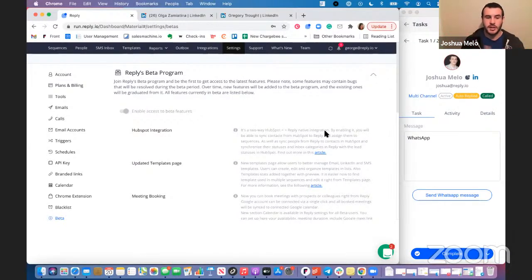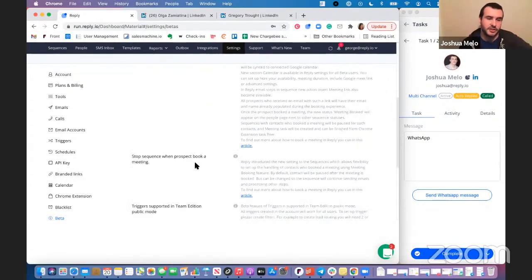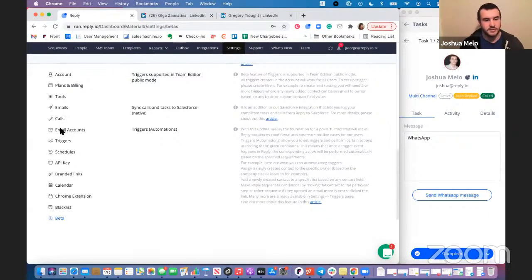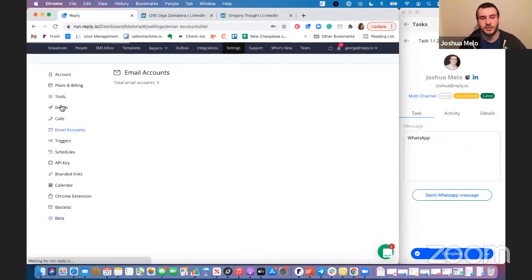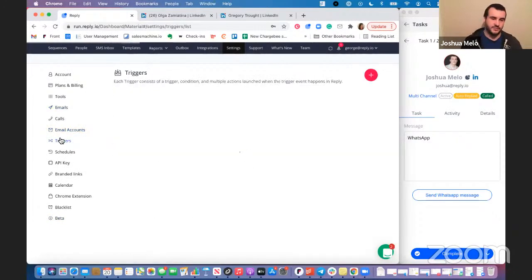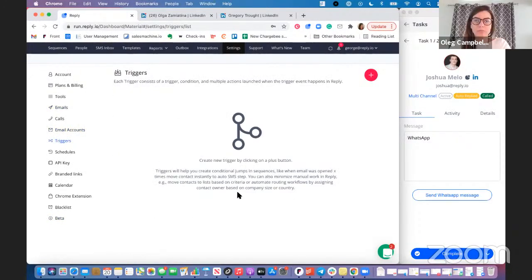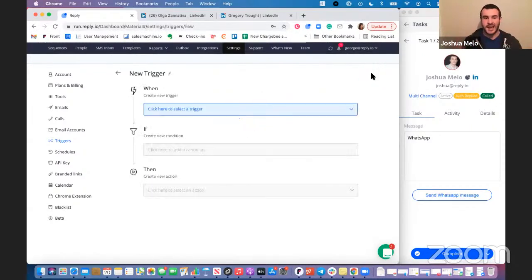And while we're here as well, we recently implemented triggers. So if you want to just click on that on the left there very briefly, that's under email accounts. Just underneath that, there's triggers. Oh yeah, triggers. Yeah, it's very new. It's also in beta. So this functions very similarly to how I described Zapier. You are going to be applying a set of different actions and triggers, and then it will functionally move them from one location to another whenever this trigger is activated.